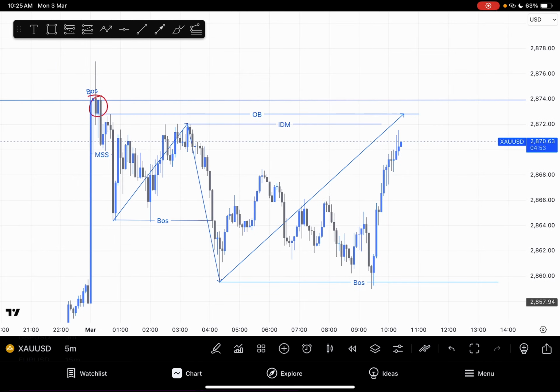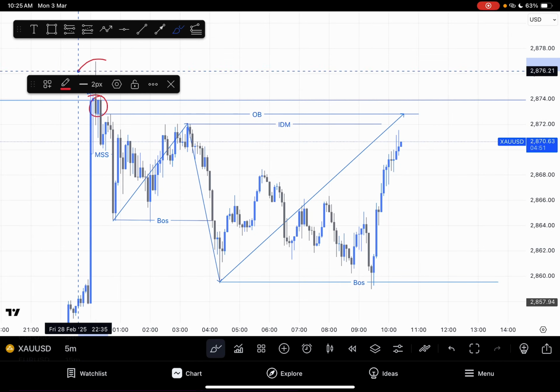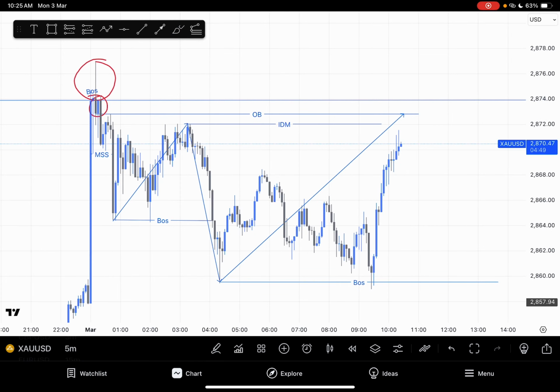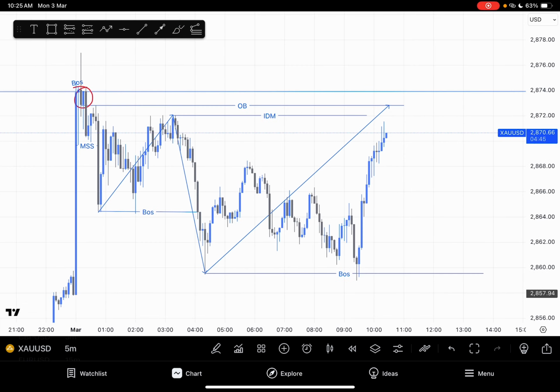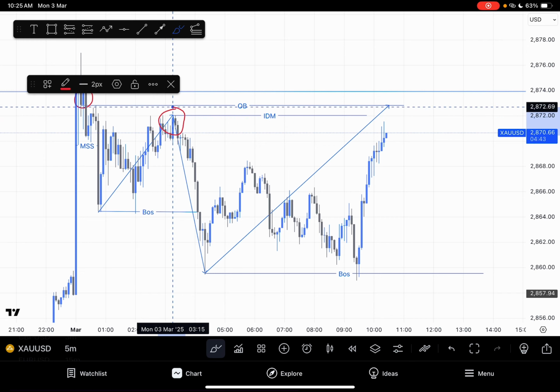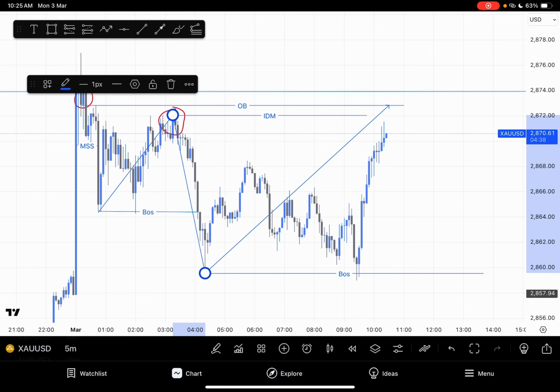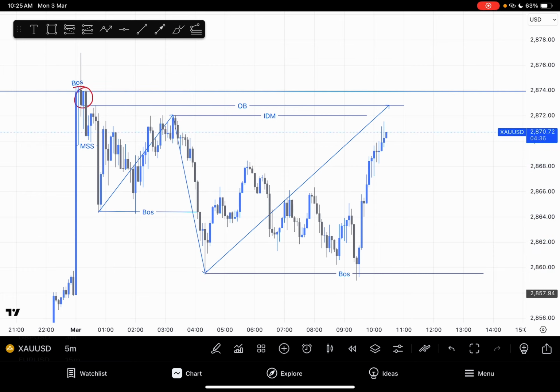So now you can see the rejection here. That rejection candlestick is also a liquidity grab. You can see the inducement, which is the liquidity protecting the order block. So that's two confirmations to let you know that the order block is valid and